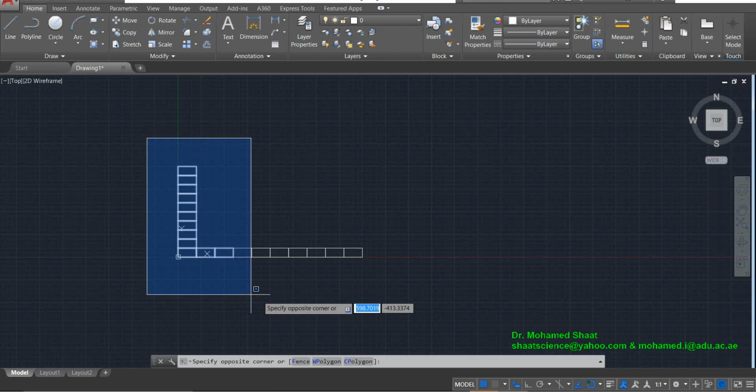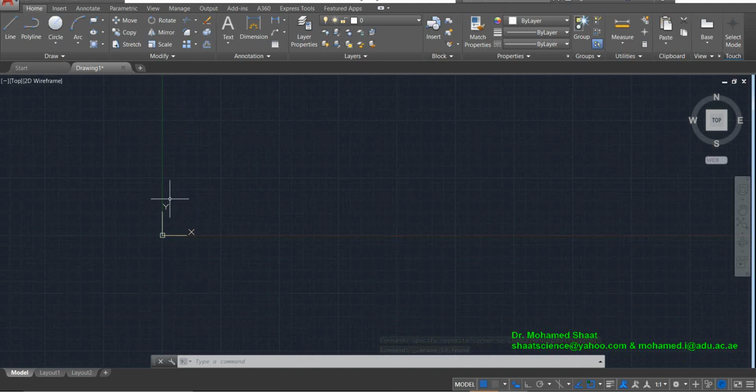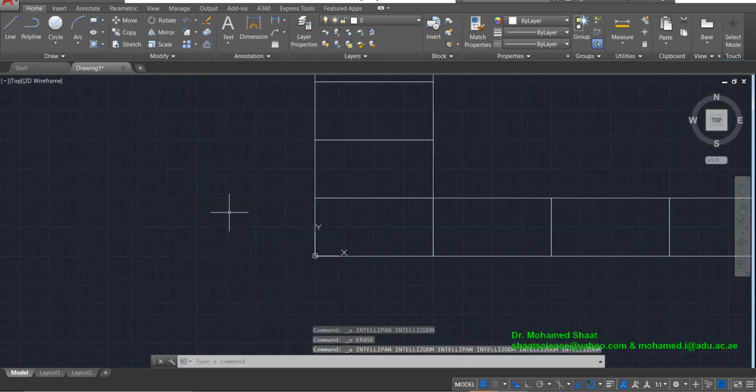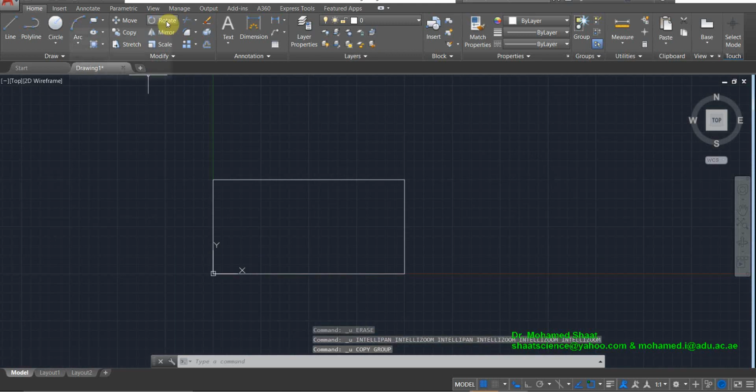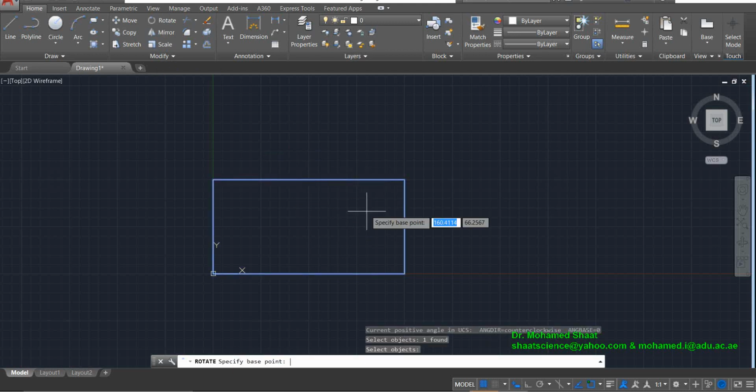In some cases we may use move, in some other cases we may need to use the copy command. A command very similar to copy, basically, is rotate. If you have this rectangular box and for some reason you would like to give it a rotation with a certain angle, you choose rotate, and it's going to ask you to select the object. Choose the object and press enter. Then it's going to ask you about a base point. The base point is going to be the reference point. This is the point that should be fixed,